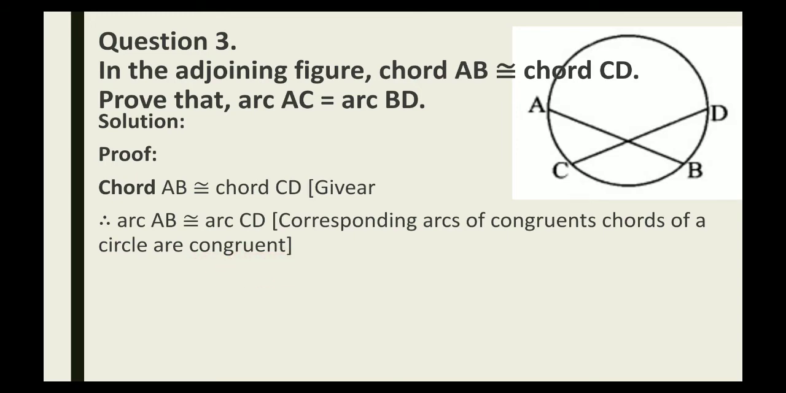Again I'm telling you, children, it is very easy to prove, but the only thing is you have to learn the properties by heart. Again I will read the property for better understanding and to learn by heart. Corresponding arcs of congruent chords of a circle are congruent. AC and BD are the corresponding arcs. Hence,